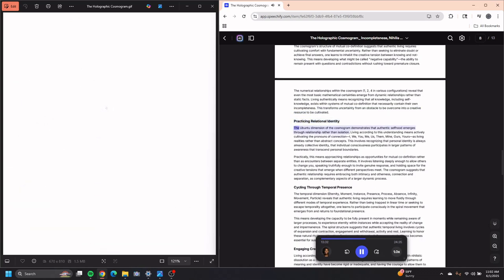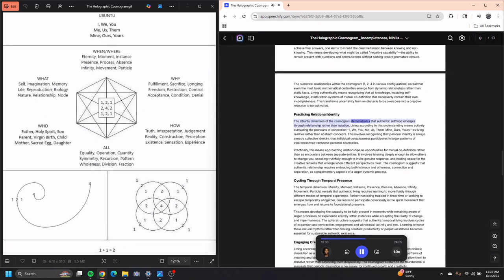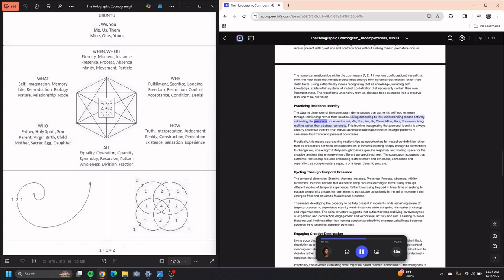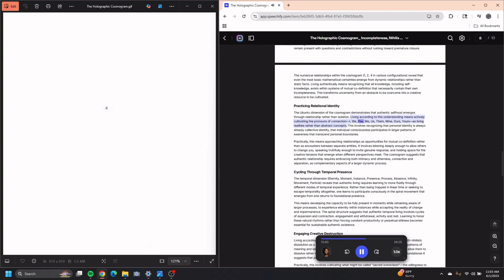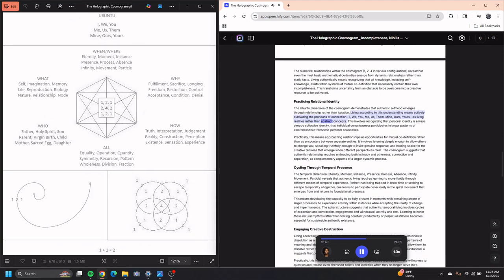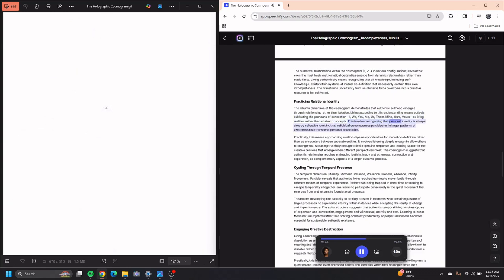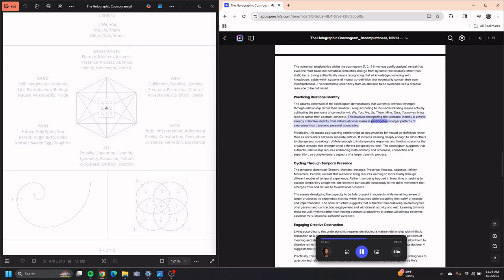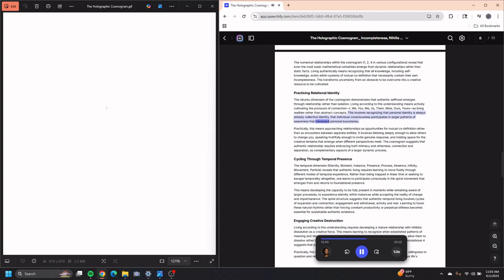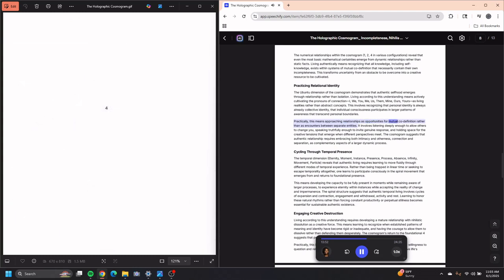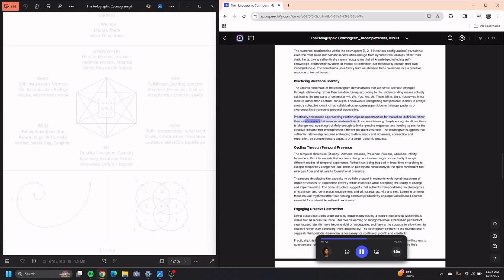Practicing relational identity. The Ubuntu dimension of the cosmogram demonstrates that authentic selfhood emerges through relationship rather than isolation. Living according to this understanding means actively cultivating the pronouns of connection: I, we, you, me, us, them, mine, ours, yours, as living realities rather than abstract concepts. This involves recognizing that personal identity is always already collective identity, that individual consciousness participates in larger patterns of awareness that transcend personal boundaries. Practically, this means approaching relationships as opportunities for mutual co-definition rather than as encounters between separate